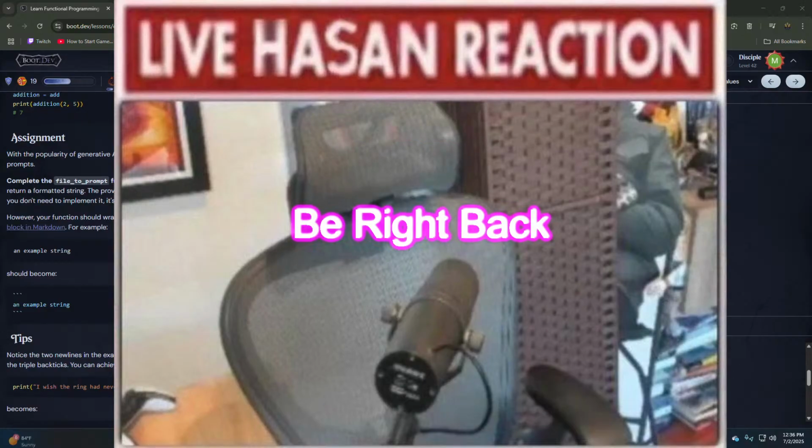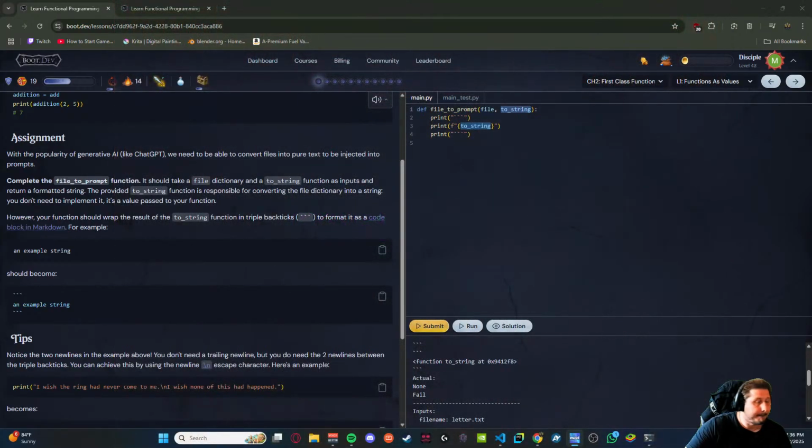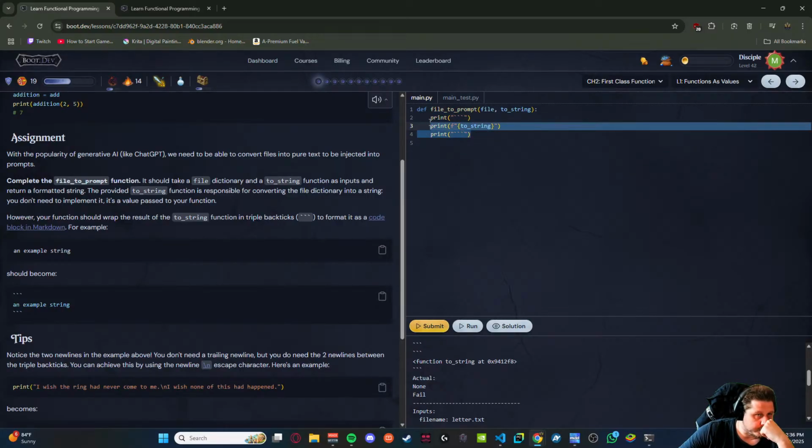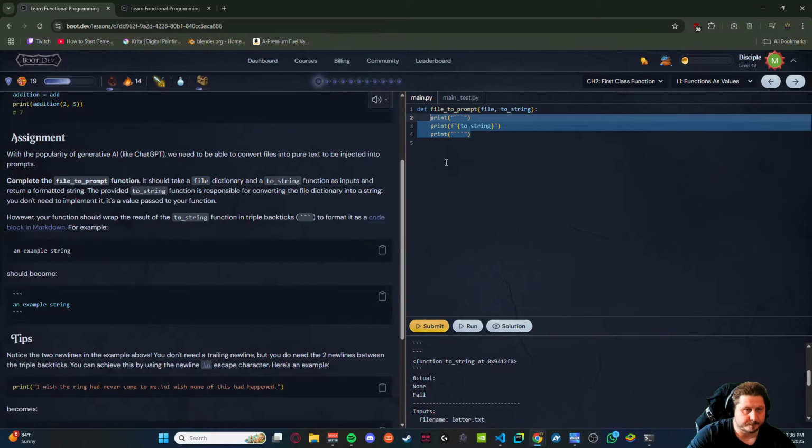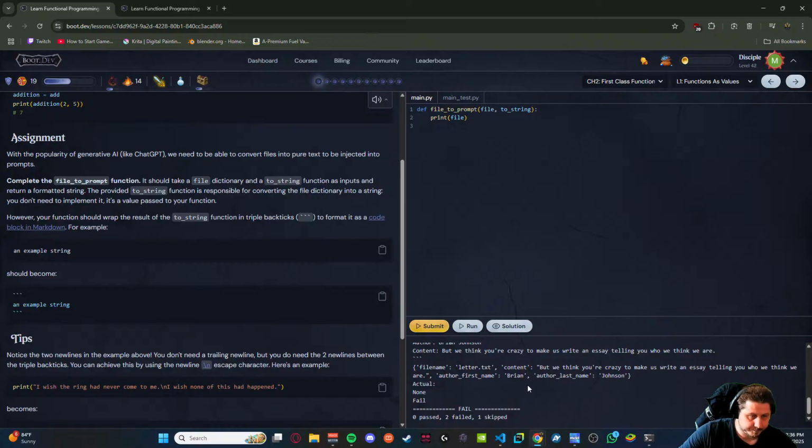Right, anyways, we are back. And we're doing this one. Okay, definition file to prompt. Let's remove all of this for now. Let's do print file. Does that give me anything?